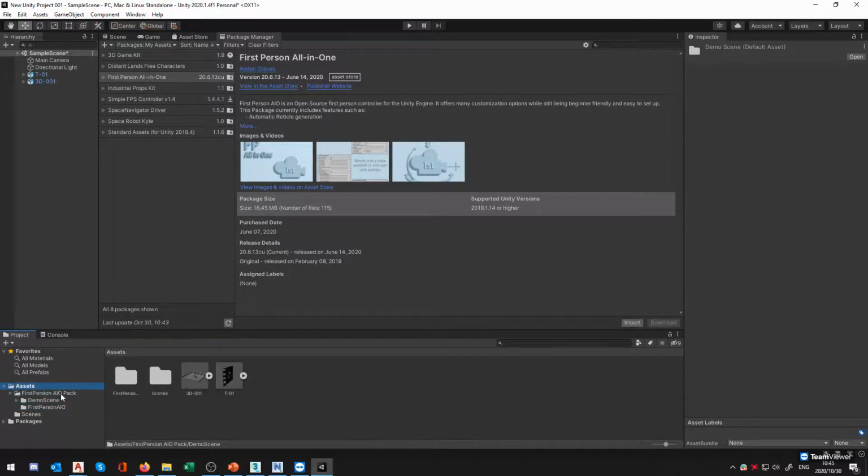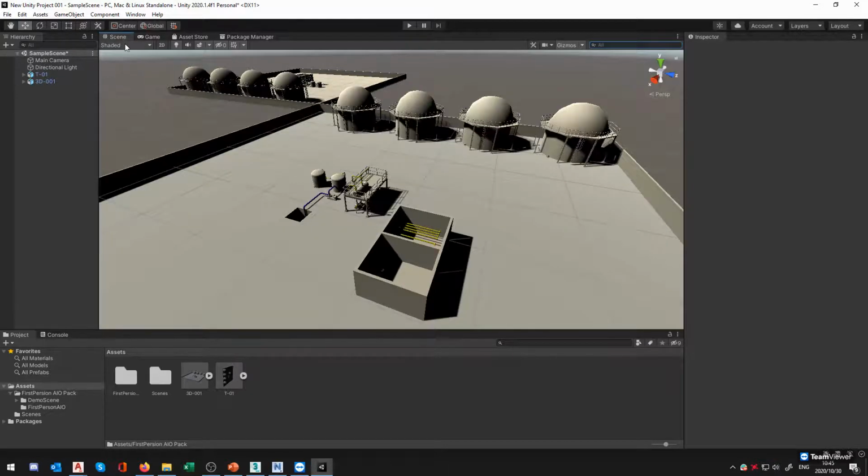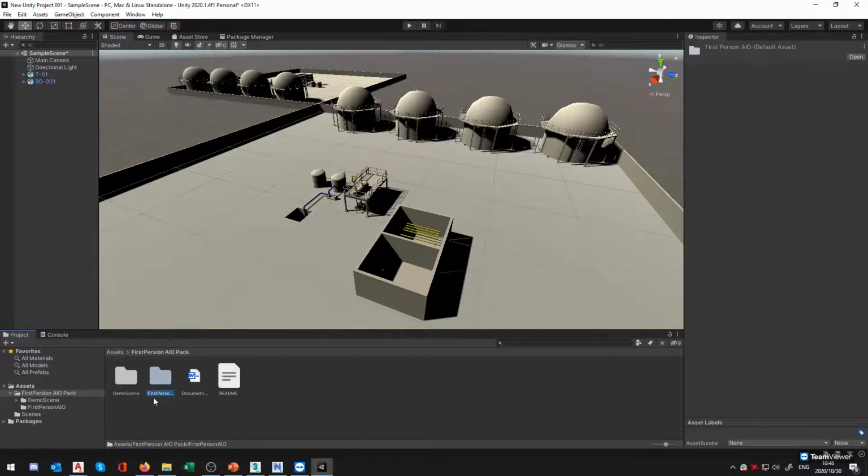Okay, so now that I've brought in my first person controller, I'm going to need to get it into my system so that I can actually use it. I'm just going to click scene again so I can see what I'm doing. Now you'll notice that in our assets folder at the bottom, we've now got a new folder, which was the first person AIO pack. Then we do have a README and a whole bunch of other stuff, which I do recommend going through. The thing we're actually interested in here is the first person